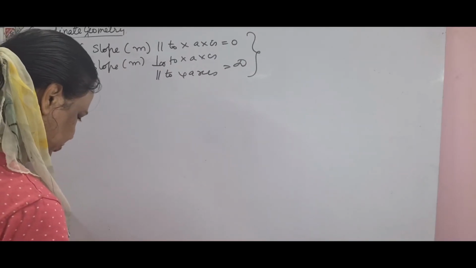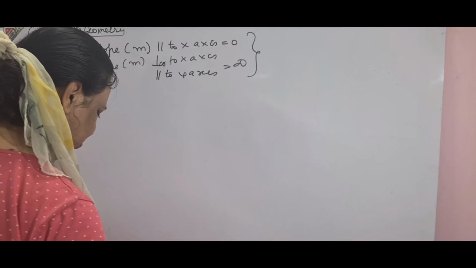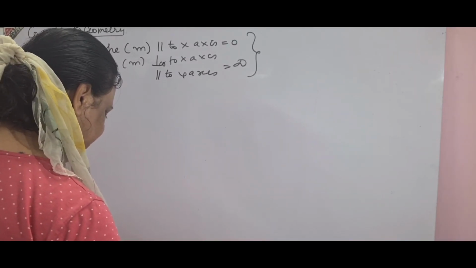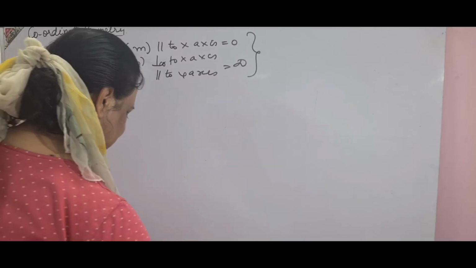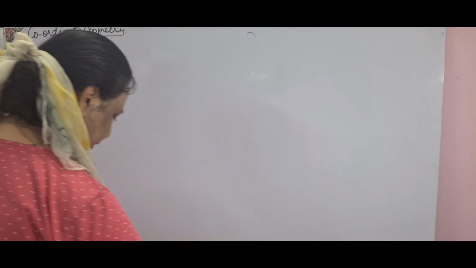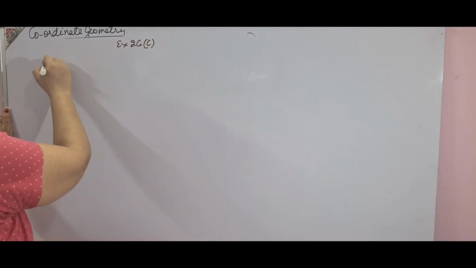Then you come to the questions directly, which are important for you. That is question number 6th and 7th. You are going to do it very nicely. 6th I am doing. For the equation given below, find the slope and the intercept. So question number 6 on page 323, exercise 26C. Very easy also.